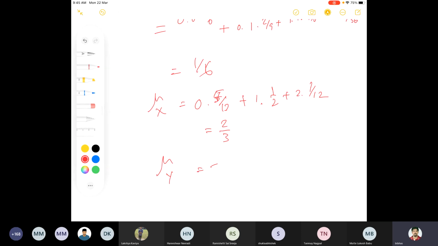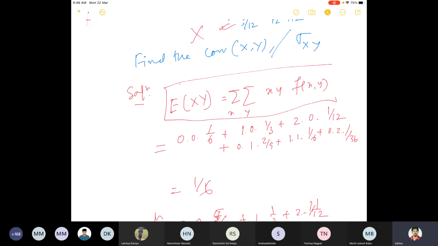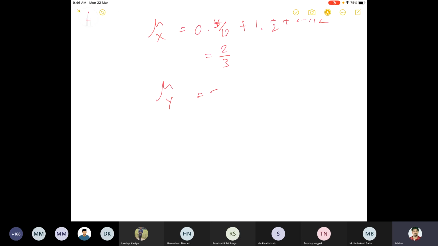A similar thing we also can do for continuous random variables. What happens is that for E of xy you have to calculate all the sum, but you don't have to do that if x and y are independent. In fact, if x and y are independent, then the covariance is 0, because covariance measures something like how one random variable influences the other one. So if they're independent, then definitely the covariance value will be 0. Okay, so this is an observation